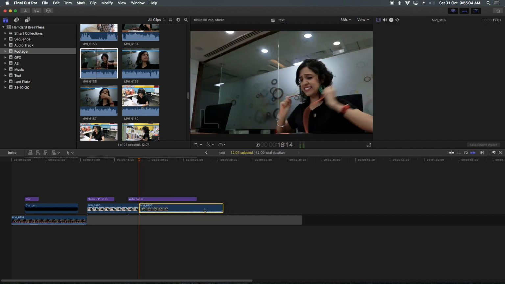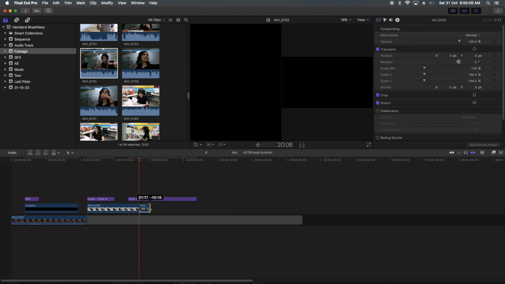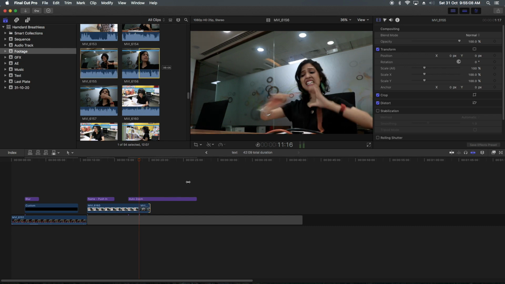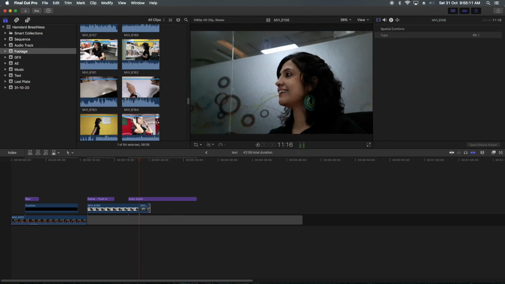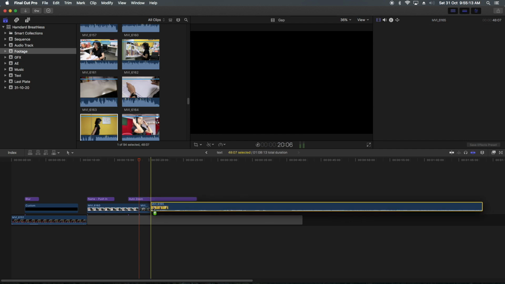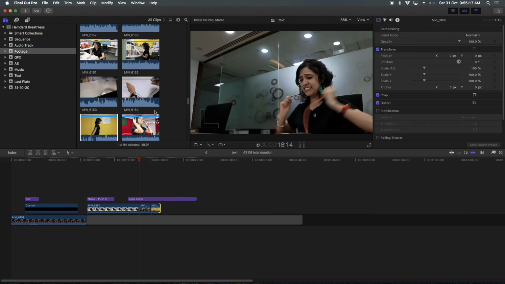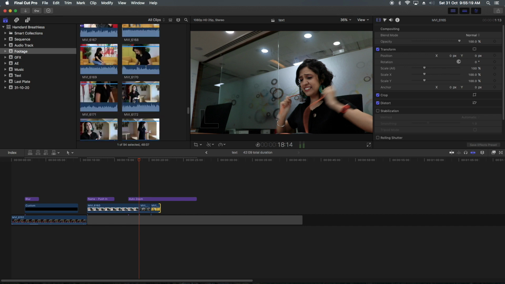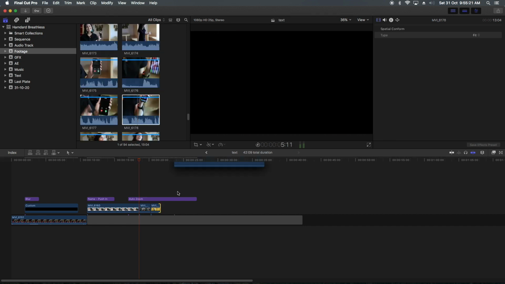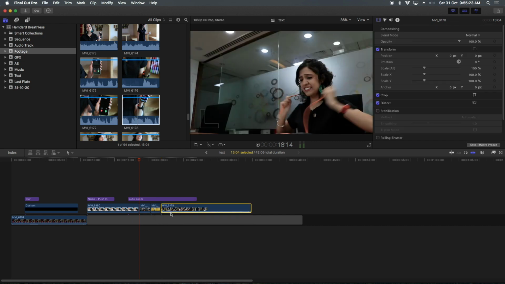Let's place many different shots. Let's use this. Now what it will do is seamlessly zoom through all these shots.